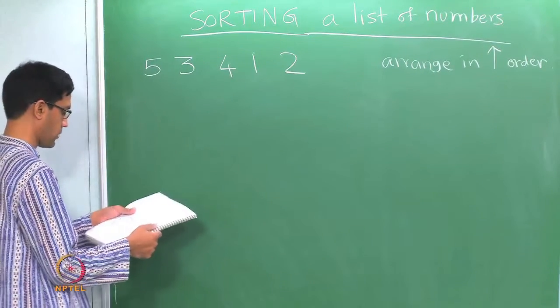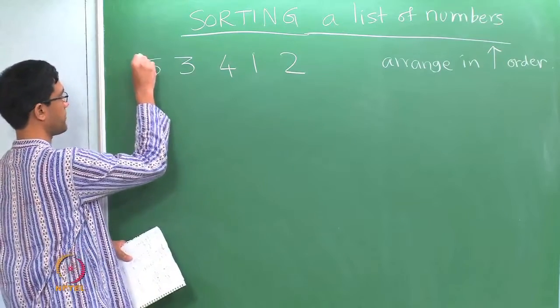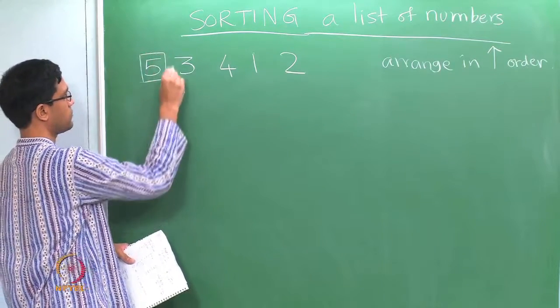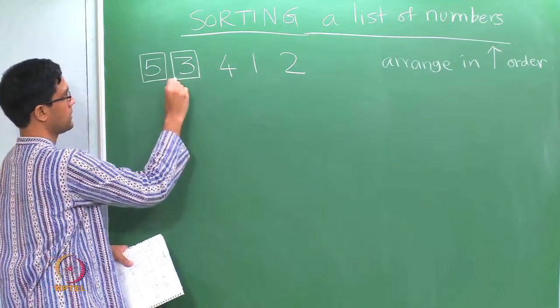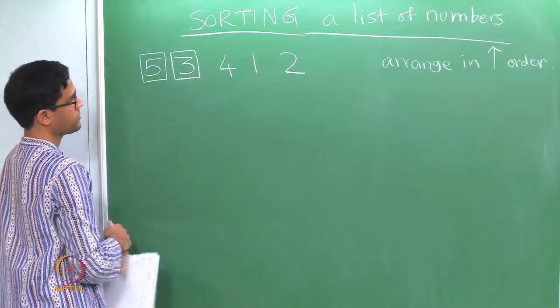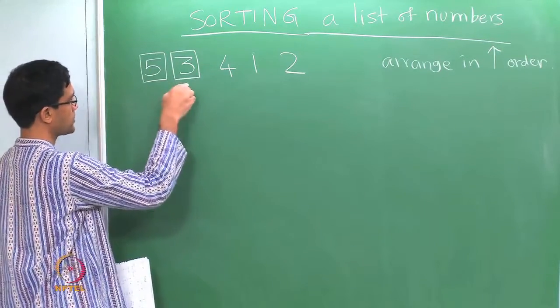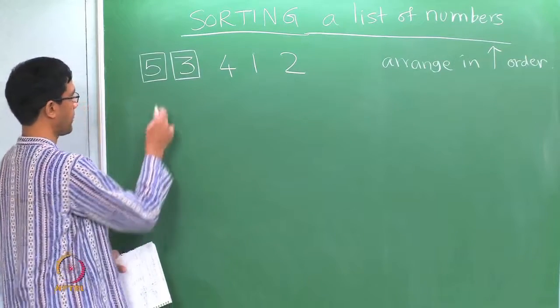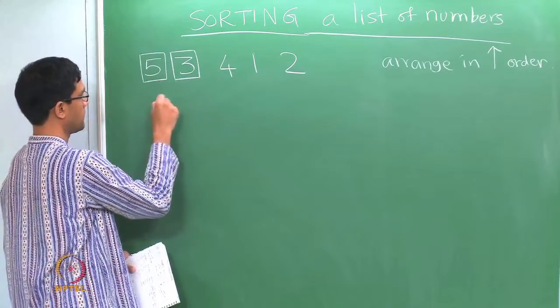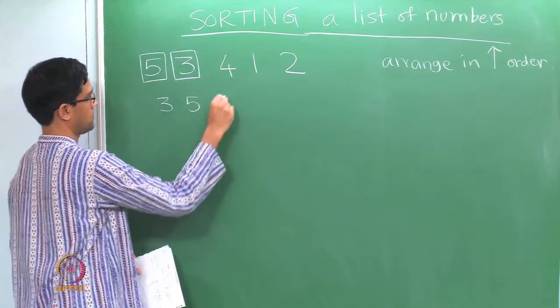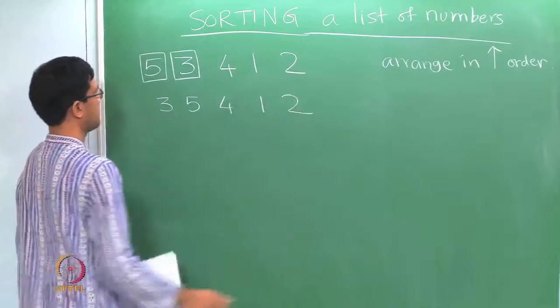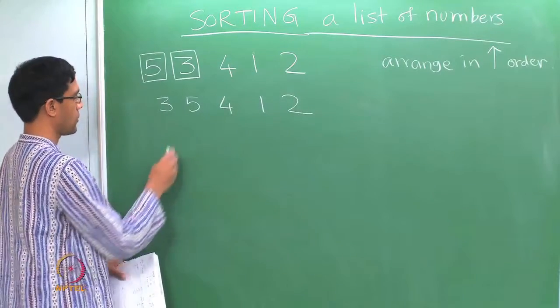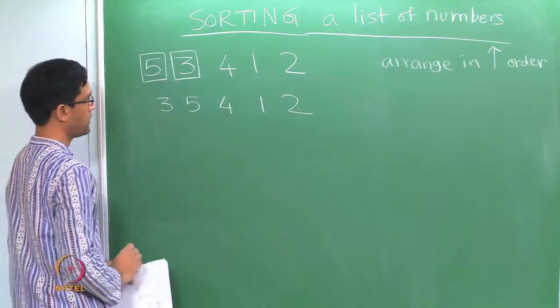Okay. So what we do is the following: adjacent comparison. So you take 5 and 3, you take the first two numbers in the list. If they are in the wrong order, which means that the first number is larger than the second, then you swap them because you want them in ascending order. So you swap them provided they are in the wrong order, they are in descending order. So the first two have now been taken care of.